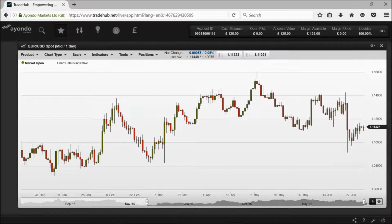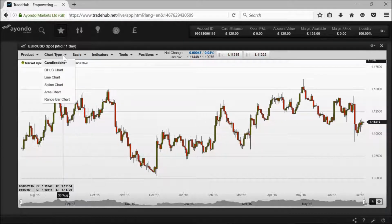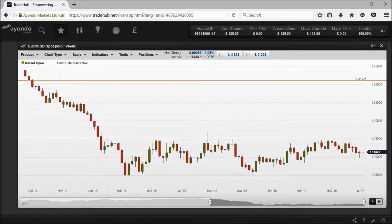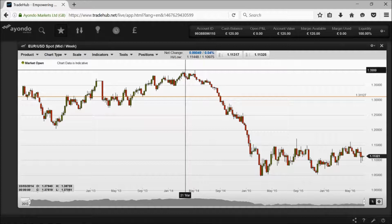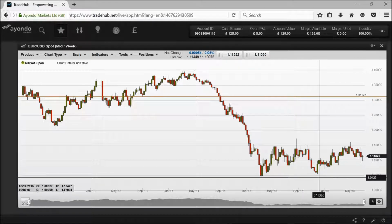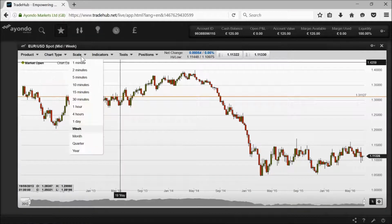Let's take a look back at maybe the longer term charts. Over the last 12 to 15 months, we've seen something of a base forming for euro dollar. We've had a couple of years of fairly steep declines. You can see from the 140 levels in May 2014 down to 105 in March last year, and this 105 was tested again at the end of last year. And so for me, I'm still quite bullish on euro dollar,